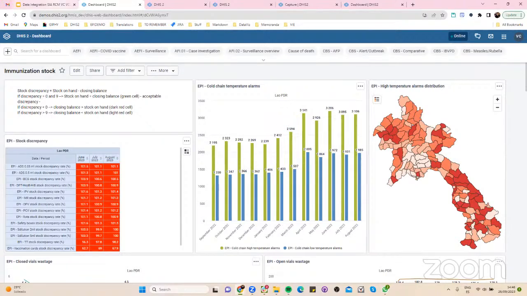Of course, as I said before, if you are running the campaign directly, you might have different organization units in the campaign that might not be available in the routine information system. So probably you might want to have a separate instance that can be used for real-time monitoring of the campaign itself, and then you can aggregate the level so that it matches your routine information system, so that you can actually start using this data together with other